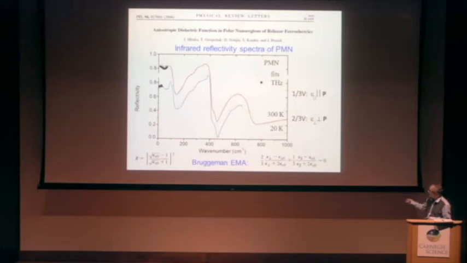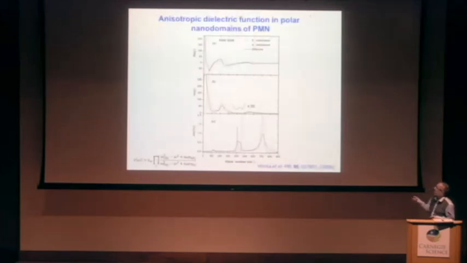Under this restriction, we were able to calculate the effective permittivity, which is finally responsible for such a shape of reflectivity. And really, we obtained anisotropic permittivity